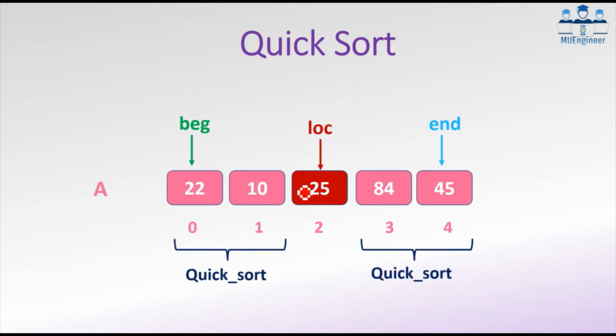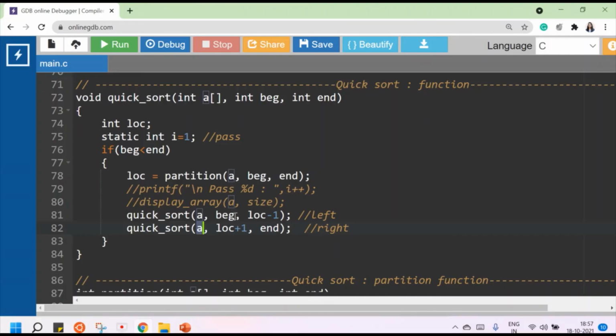Okay, so now we are calling the left side function is this and the right side function is this. So we have to call the quicksort function recursively to the left side, that means only to these two numbers. So what will it give as the array A? What is the beginning of the array? Obviously beginning. But what is the end of this array? That is location minus 1. Are you getting this? That's why I'm calling this function for array A, beginning and location minus 1 as the